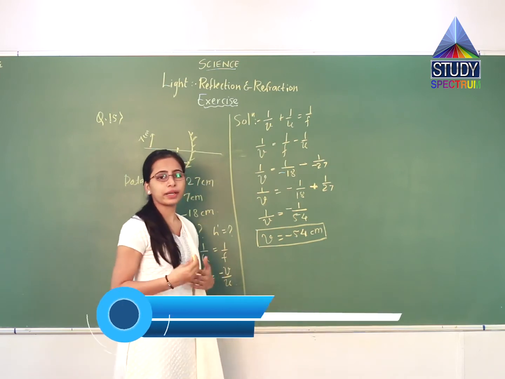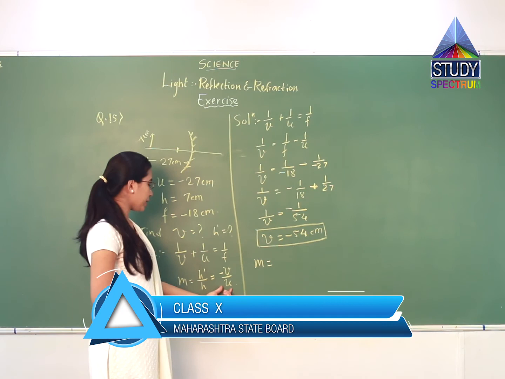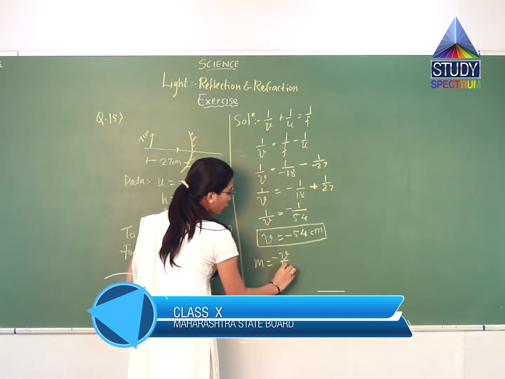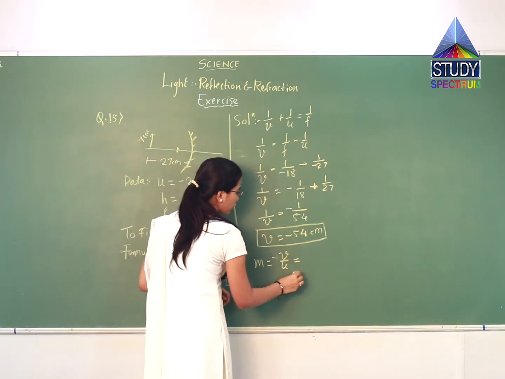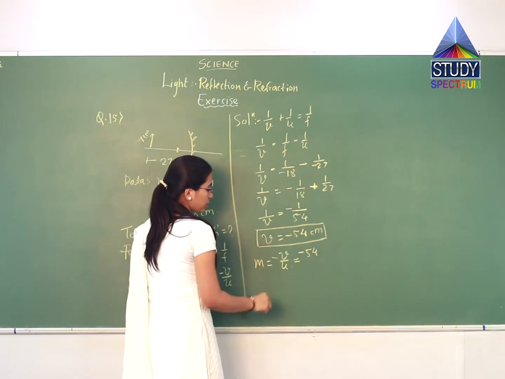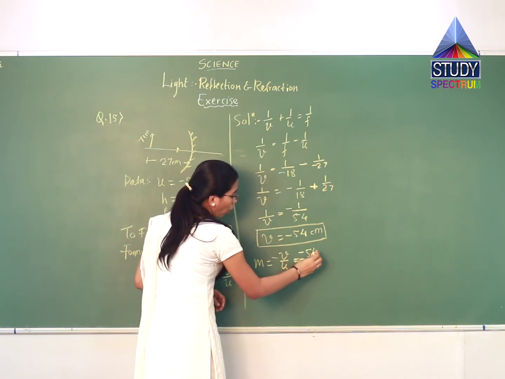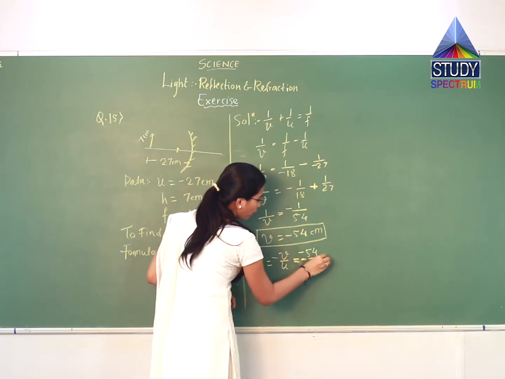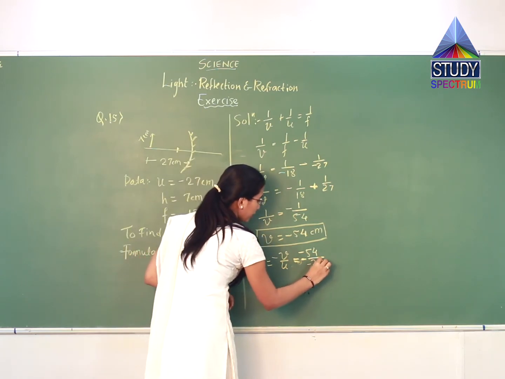So now let us find out the magnification. So M, now we will use the second formula of magnification, that is minus V upon U, since we don't know H dash here. So let us substitute values. Minus 54, this minus is already there and answer is minus. So it is actually minus of minus 54 upon the value of U. Again it is negative, so minus 27.